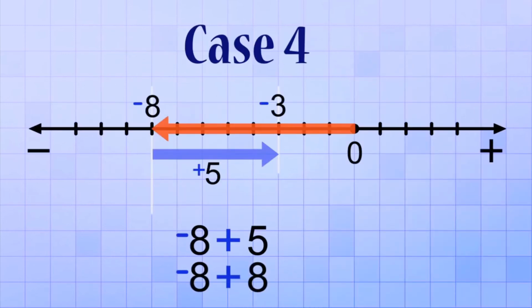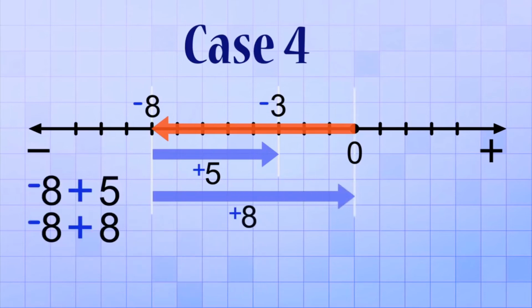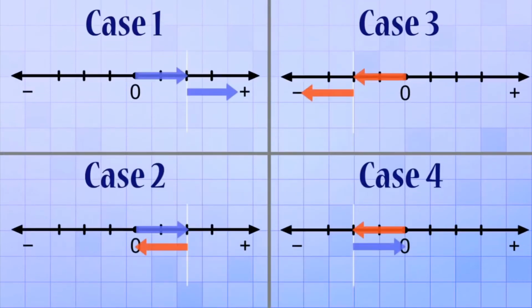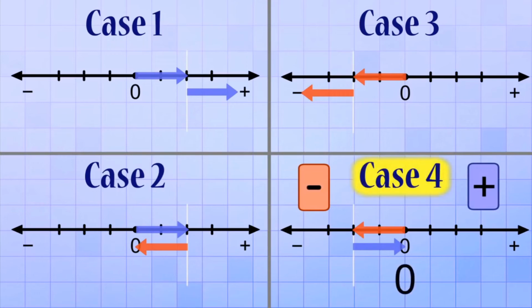You could add 8 instead of 5, and that would move you all the way up to 0. And if you added even more, like negative 8 plus 10, that would take you to the positive side of the number line and give you the answer of positive 2. So just like in case 2, the answer here can be positive, negative, or even 0, depending on the numbers you're adding. And just like before,